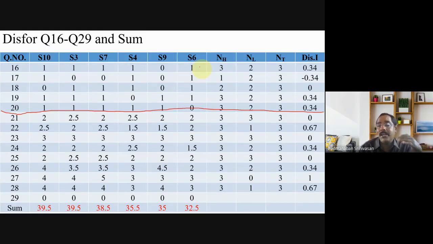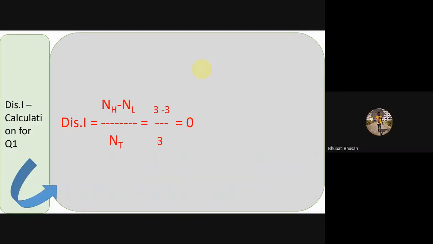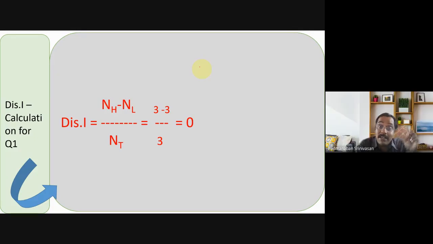What is it? That is what I am asking, the previous question. After finding the difficulty index, you did something. The same thing you have to do now also. So we have to see whether that question is easy, hard, or moderate. So we will check the question for difficulty, easy, hard, or not.